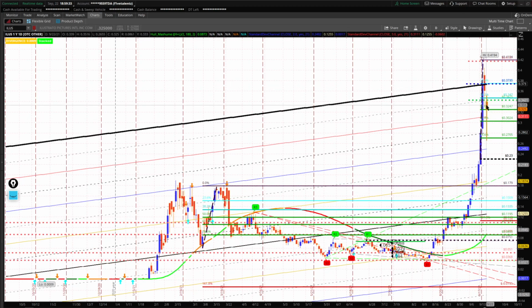When it gets parabolic like this, parabolic up, sometimes parabolic down. So I'm going to keep an eye on Ilis tomorrow at the bell and see how it starts out. Maybe if it gaps up a little bit and makes a run back up, well, that might be a good sign. But if it